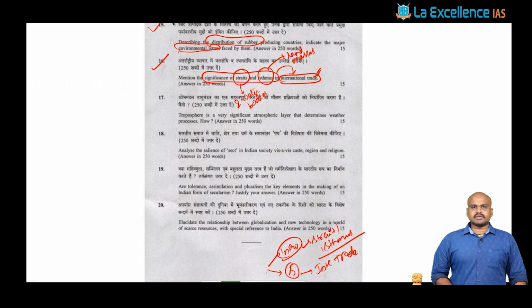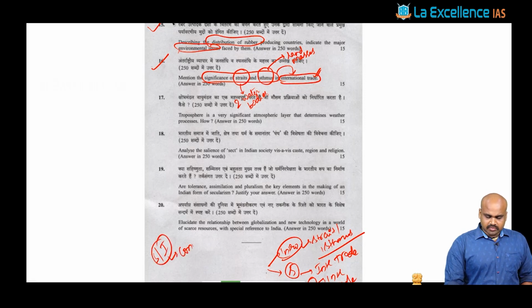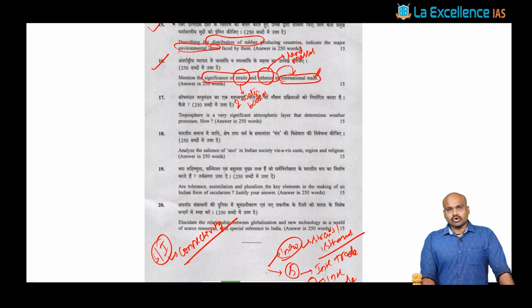Significance of straits with respect to international trade. This is one particular aspect that you can discuss, and also the significance of isthmus in the context of international trade, right? Because the straits and isthmus are going to have a large aspect with respect to connectivity, because we would have talked about different kinds of straits: Straits of Malacca, Straits of Makassar, Hormuz Strait,